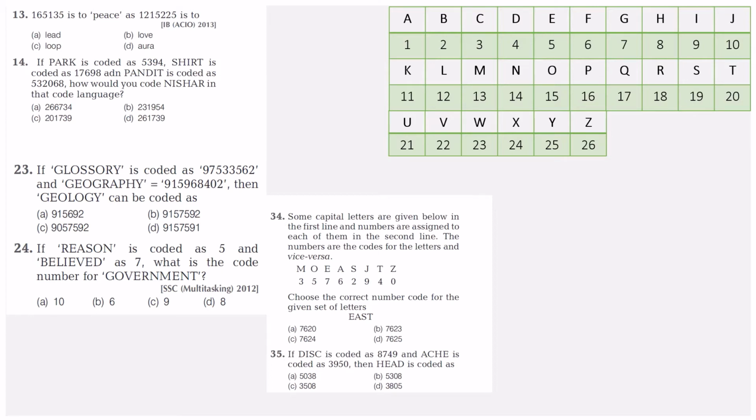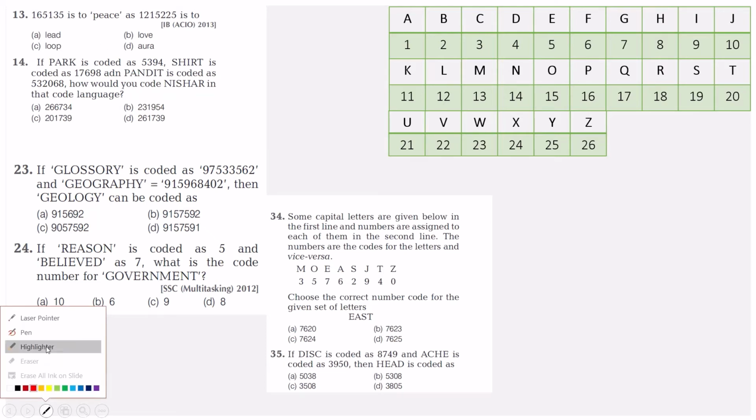So the 13th one, if you take a look, it's given as 165135 is to piece and 1215225 is to. So it's saying that 165135 is coded as piece and what will be 1215225. So I'll be just giving you 10 seconds of time, or you can just pause the video and solve that question. So your time starts now. Yeah, I won't give that long time because we'll be heading to the next questions and there are more questions over here. So if you just take a brief look over there,